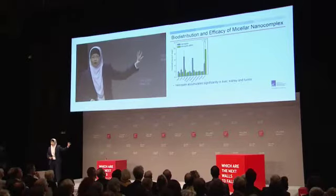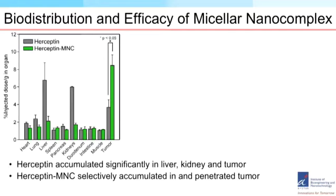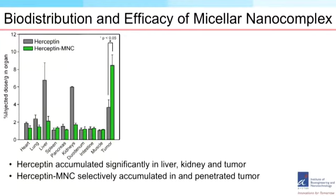Why does it work so well? If you have the protein by itself, which is shown in gray, notice how the Herceptin not only goes to the tumor, it goes to the kidney and the liver. It has a lot of horrible side effects. On the other hand, if you use the green tea with the micelle complex shown in green, notice how it gets delivered only mainly to the tumor. Okay? So it minimizes the side effect,